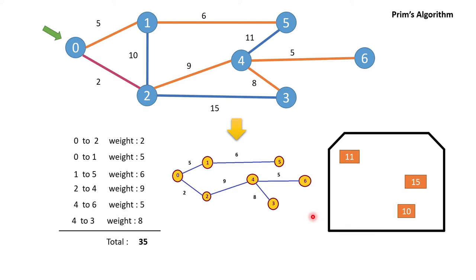The data structure which will help us in this case is a min heap, or priority queue in Java. Okay. So if I use a min heap with an adjacency list, where adjacency list means the type of data structure we need to represent this graph, then in very minimum time we can implement this Prim's algorithm. How to do that, we will see next.